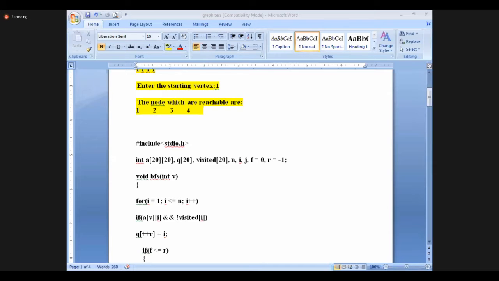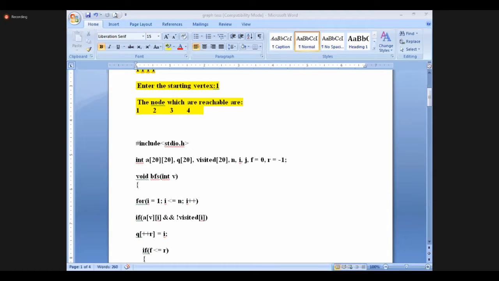You will have a queue and you will have a visited array. We will put 0 in the queue, and once you visit 0, we will give the information to the visited array, 0 as a 1.